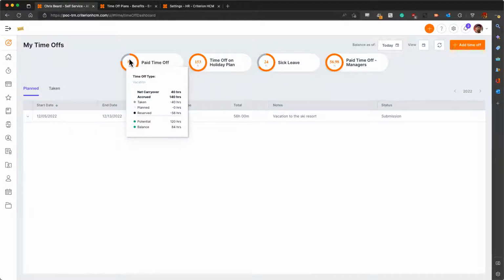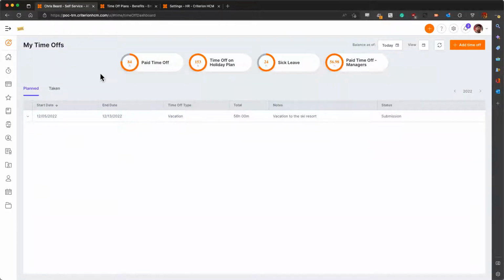So if this plan, as an example, was set to roll over all my hours and then just start accruing again, for the employee, they really wouldn't see much of a difference. They would still see 84 hours available. What they would see if they put their mouse over it is a carryover would show 84 hours, and then whatever maybe accrued at the beginning of the year, the taken would show 0 unless they happen to have taken something on the very first day of the plan year. And then the reserved would be anything that maybe was submitted in the future, so that may stay the same. And the plan would be anything that was approved in that year. So they're not going to see the actual rollover happen per se,